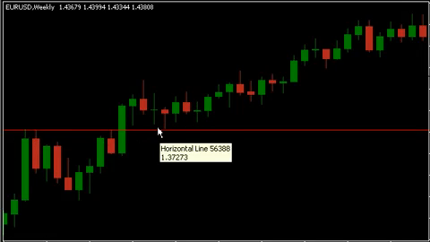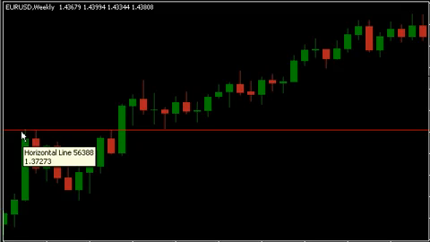So the same line can be both support and resistance. In this case it was resistance, in this case it was support. For a line to be what we consider a valid support and resistance line that we're going to take notice of, we want to see price hit it 2 to 3 times at a minimum. So in this case, this would be classified as resistance because it hit 3 times there and then finally broke through,